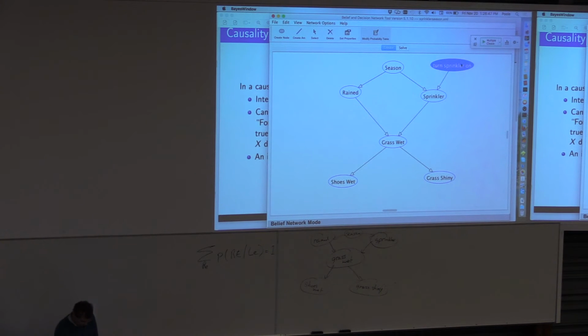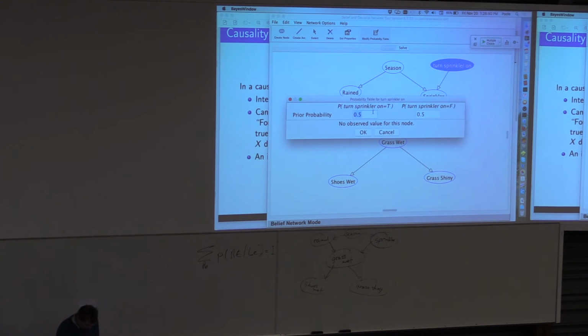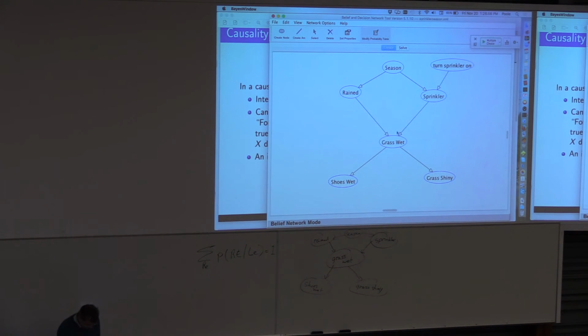Oh, and I have to make sure that this has the right probability table. And we'll make this, I didn't turn it on. I'll ask you in a second why I did that. All right, so if we do this now,